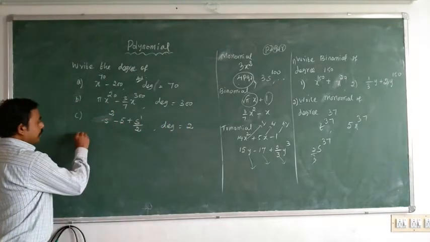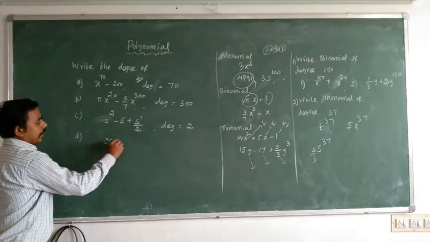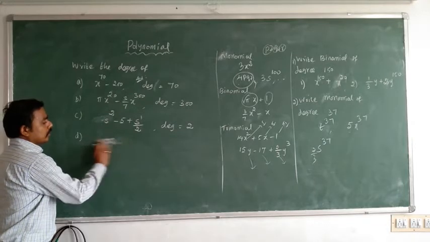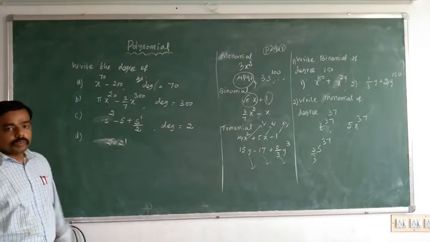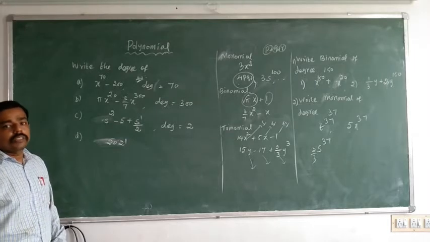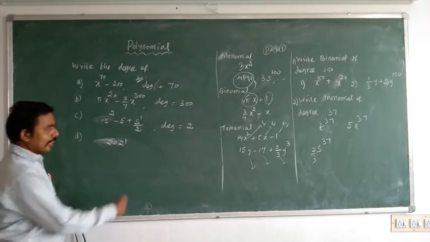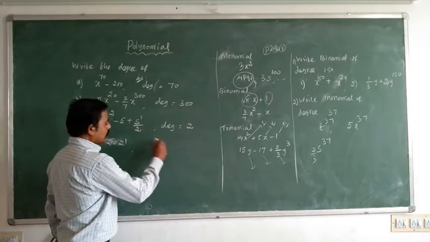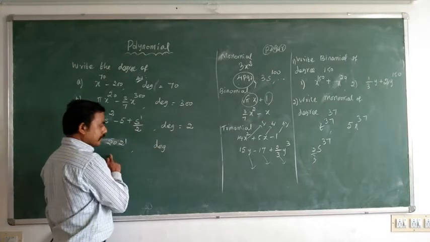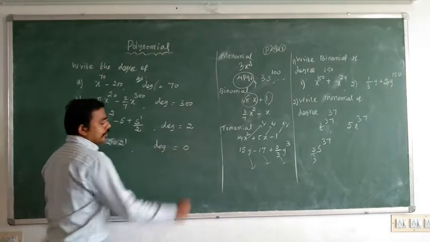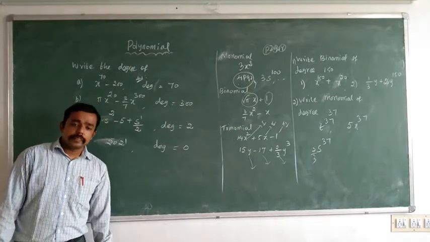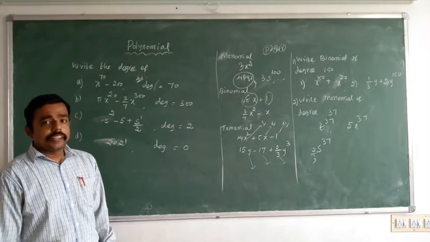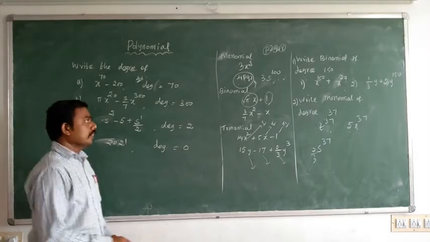Suppose that problem is given 2021. What is the degree of this? 2021, it's a constant number. There is no variable. We can write the degree of this constant polynomial. We can write that this is a constant polynomial, degree 0. So degree 0, we needed to write the highest power of this thing. Okay. Next.